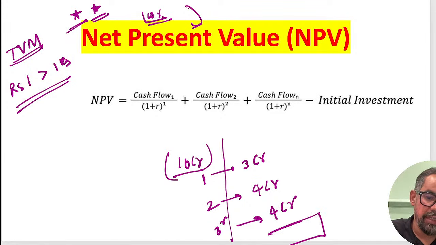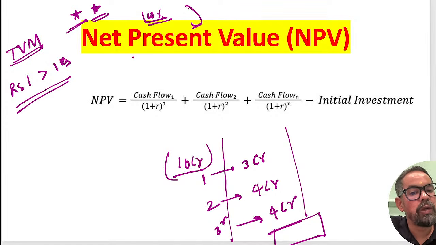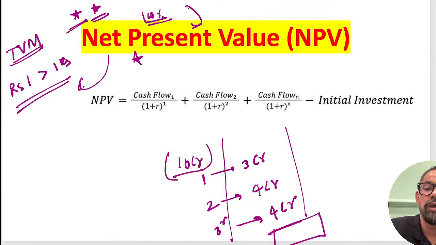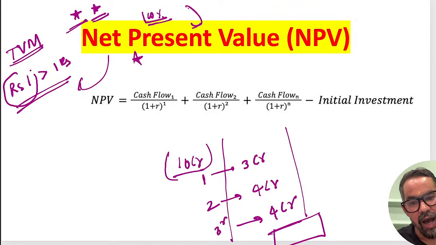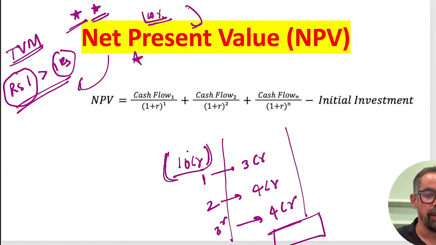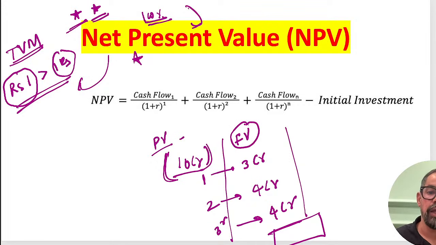So when it comes to the net present value method, what you have to remember is that this method works on the time value of money. It says that today's 1 rupee has a higher value than tomorrow's, or a year later's, 1 rupee. Now this 10 crore rupees is the present value of the outflow. And these are the future values. This money we will get at the end of the first year, this at the end of the second, and this at the end of the third.